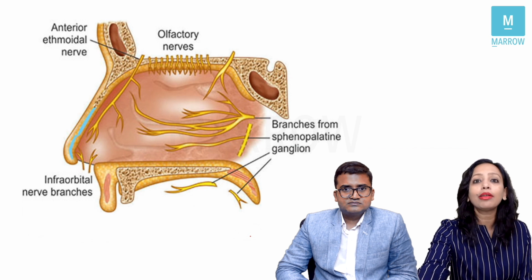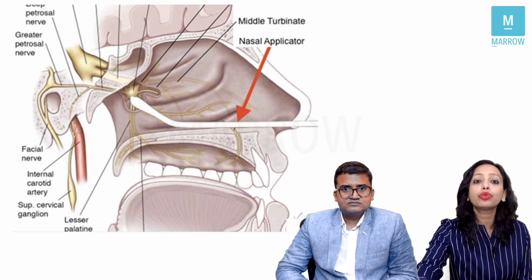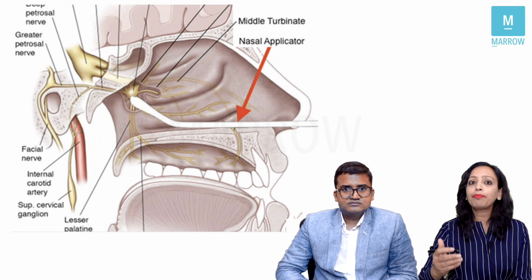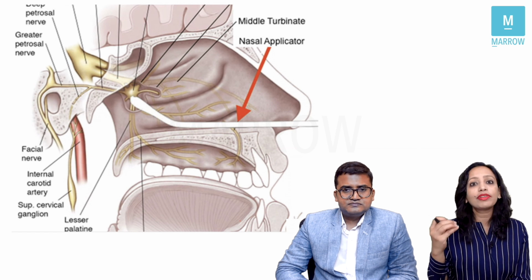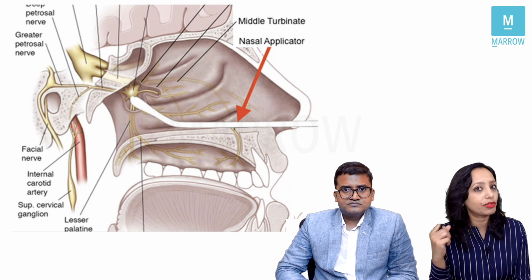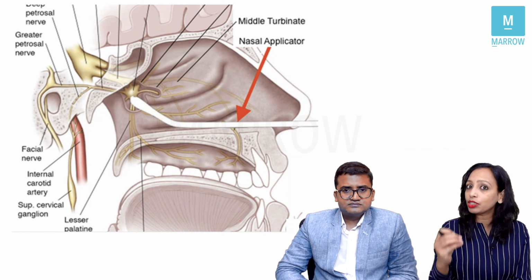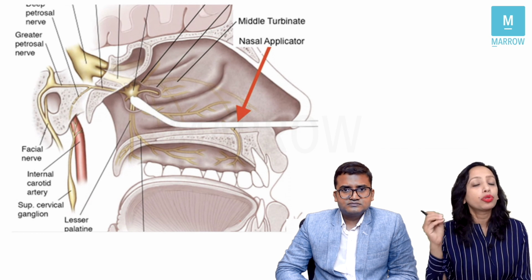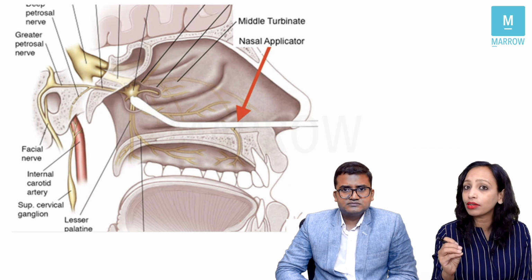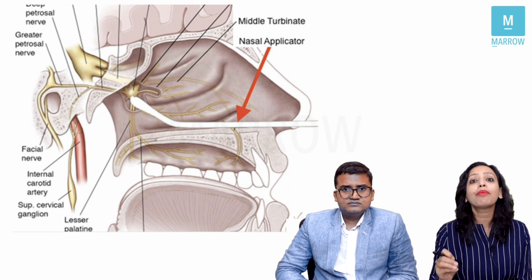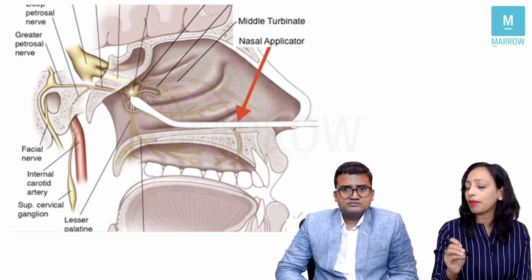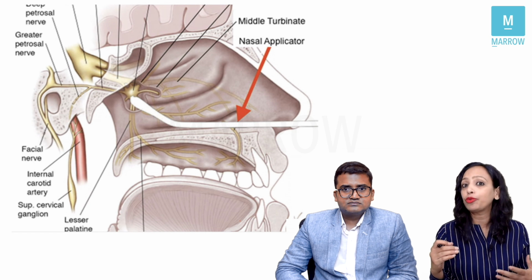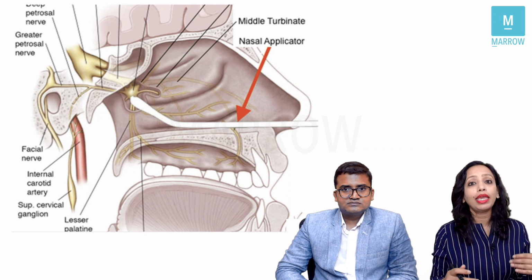Yes, we can do that either by injecting anesthetic through the sphenopalatine foramen, or we can place a nasal applicator with anesthetic at the sphenopalatine foramen area, and this anesthetic will seep into the fossa, anesthetizing the nerves there. Also, the sphenopalatine artery enters the nose through this foramen, and it is the artery of epistaxis. It is the main artery involved in anterior as well as posterior epistaxis. And be it anterior or posterior epistaxis, if we have to ligate, then this is the first artery that we ligate,